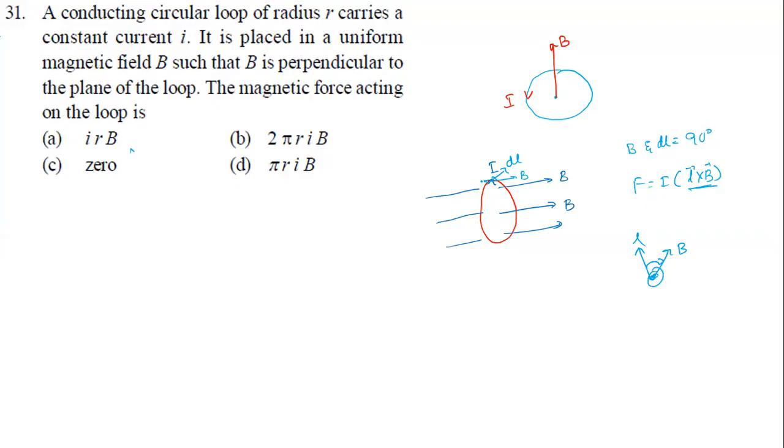So same thing. Imagine now, how can I show you? Literally, DL will be like this. This is DL actually. The magnetic field is like this, so DL is into the plane of the board here, and B is along the plane of the screen here. Now, the resultant of these two.